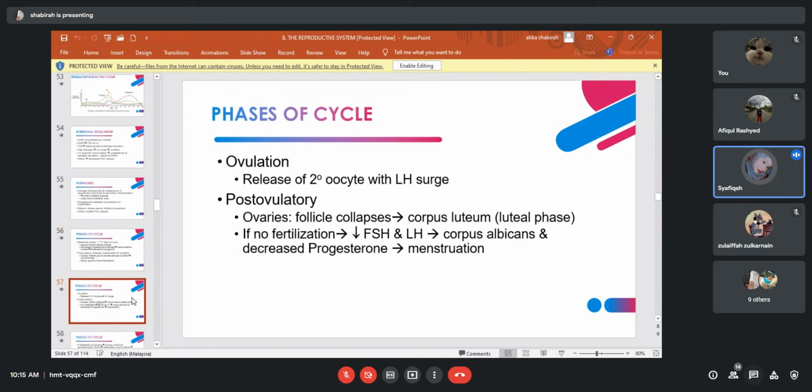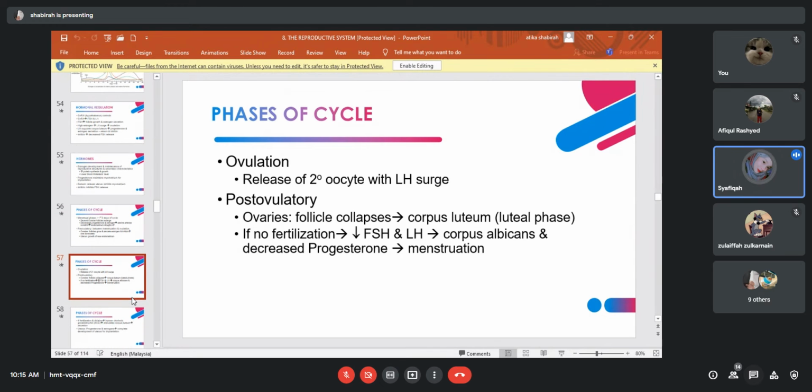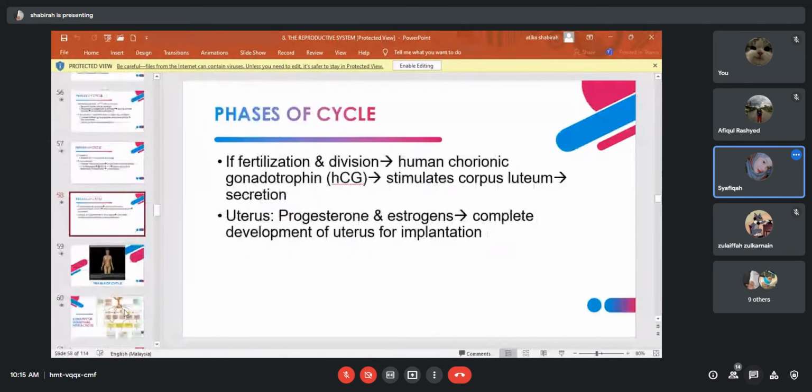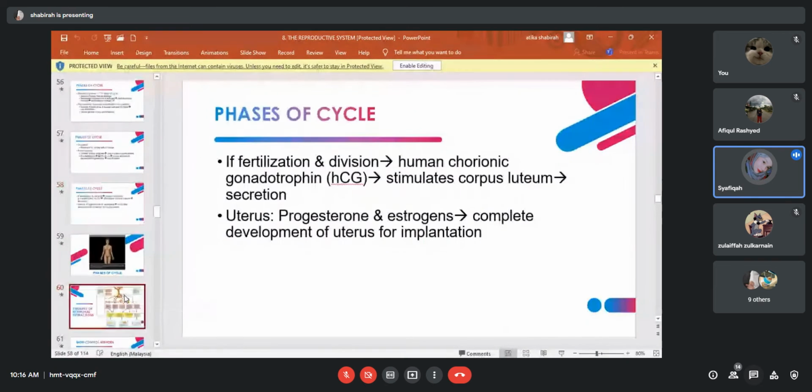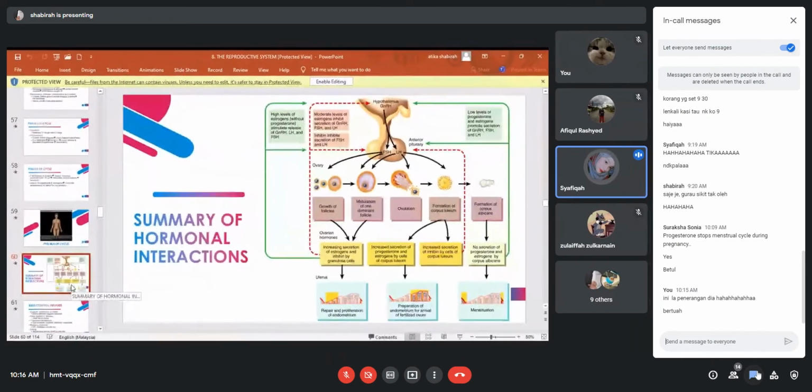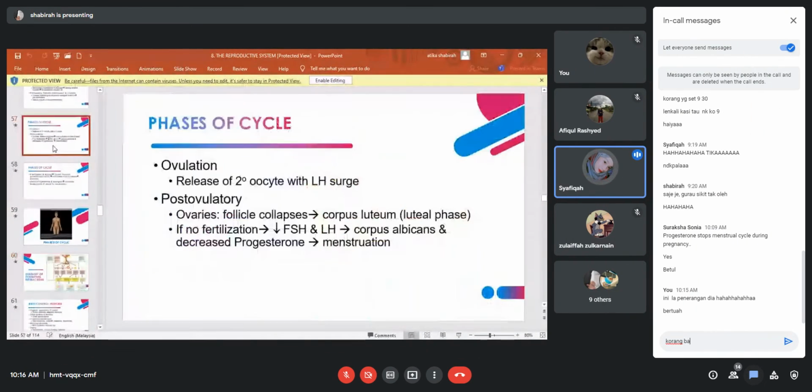Next is phase of cycle. Yang ini pun nanti saya bagi link YouTube supaya lagi faham. Okay, so ovulation, dia release of 2 oocyte with LH surge. Okay, and post-ovulatory, ovaries tu dia follicle dia collapse and corpus luteum kita panggil sebagai luteal phase, yang mana menstrual